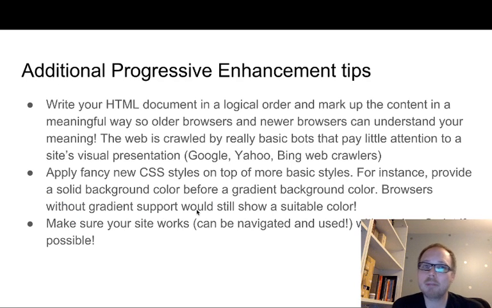So how do you apply progressive enhancement to your designs overall? Well, like I said, it all starts with the HTML. One of the best examples of making sure that your foundation is good and writing good HTML that's organized and has headings and is outlined nicely is because a lot of the bots, they're called, the web crawlers that will actually browse the entire web and click on links and see what's on the web page, a lot of those are very unsophisticated browsers. I think Google's might be the most sophisticated now, but they'll actually browse the web without